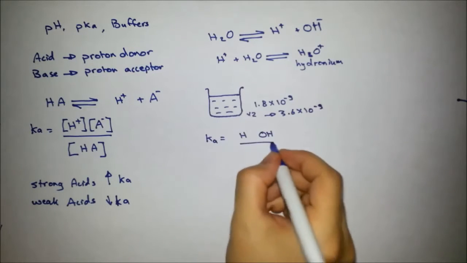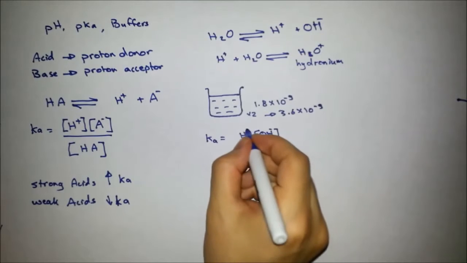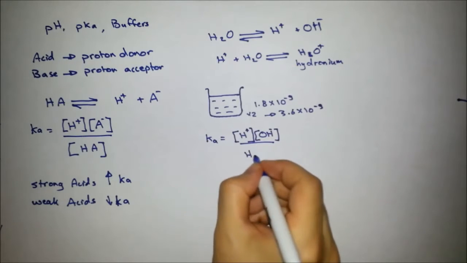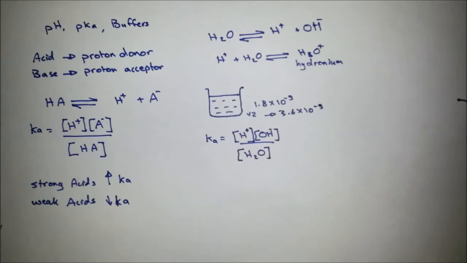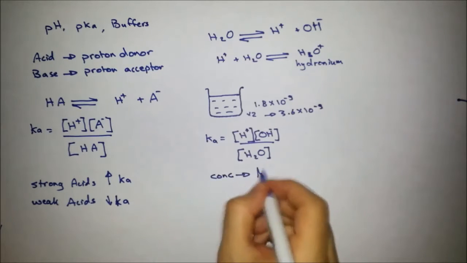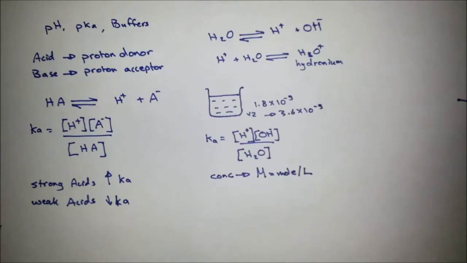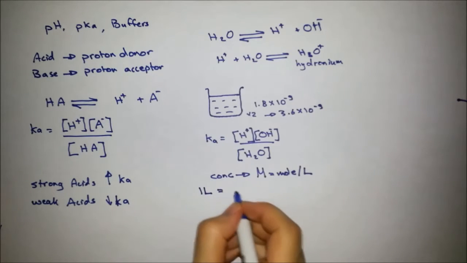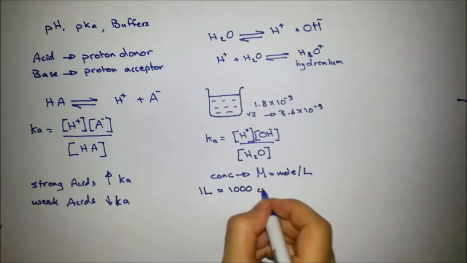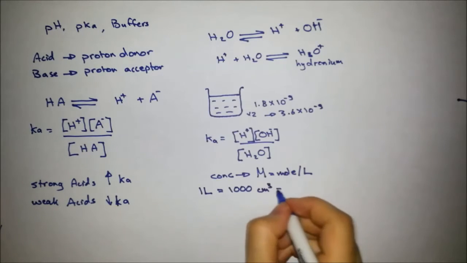Okay, let's try to find the dissociation constant for the ionization of water. It will look the same as the equation we used for the acid. The concentration in these equations is in molar, which is the number of moles per liter. Since we know that the density of water is 1, 1 liter, which is equal to 1000 cubic centimeters,